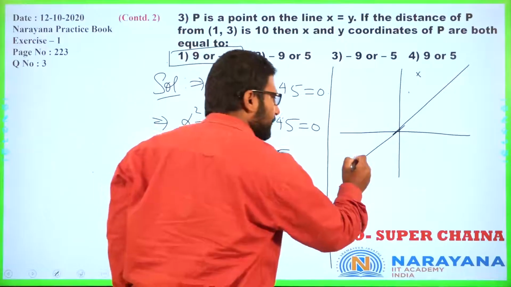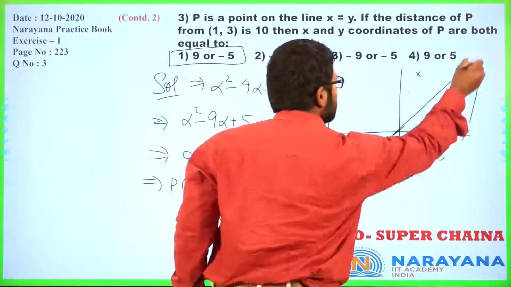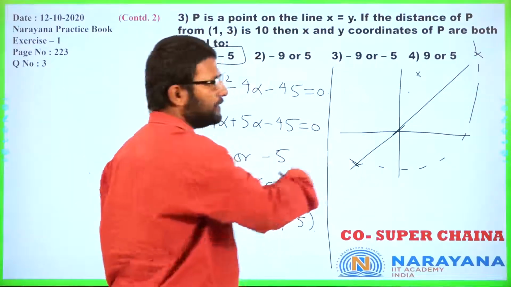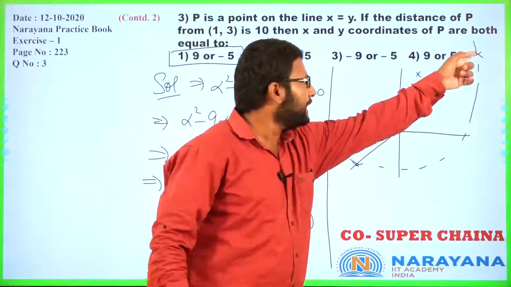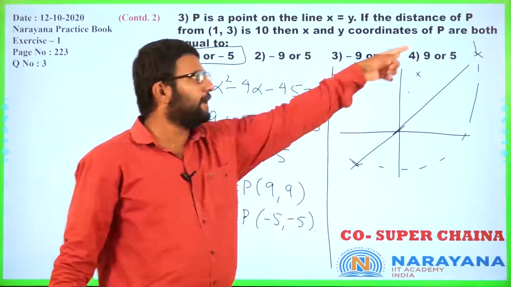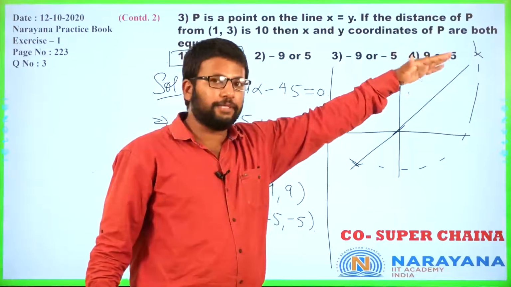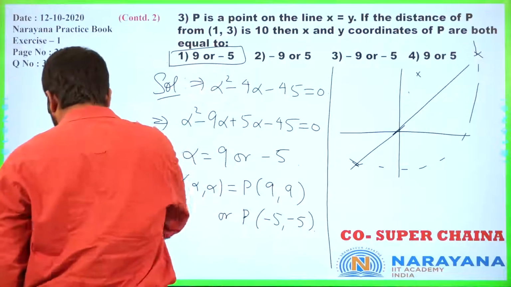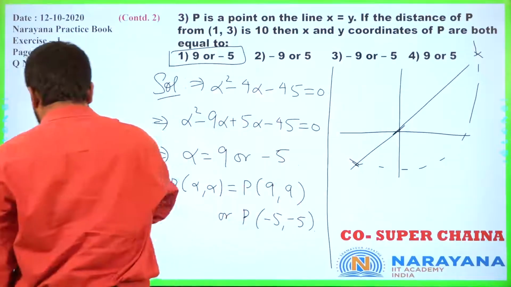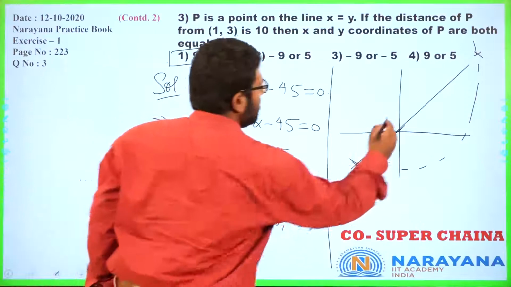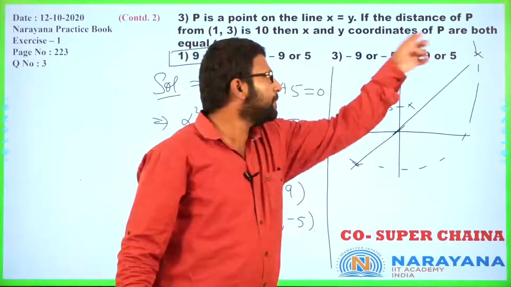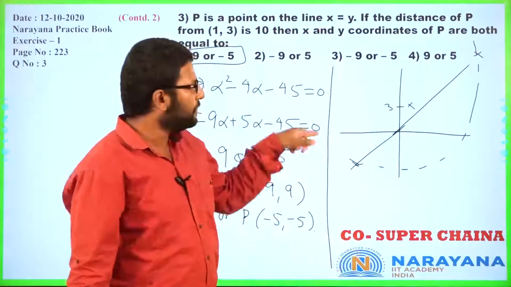So those 2 points will be, okay, that's a very badly drawn circle, but you understand, okay? Exactly those 2 points you have found out: minus 5 comma minus 5 and 9 comma 9. Are you following this? Okay. Maybe if I had taken the point 1 comma 3 somewhere over here, you can understand it better. Let us say 1 comma 3. Let us say this distance is 3 units, right? So then that would be 9 and this would be minus 5, right?